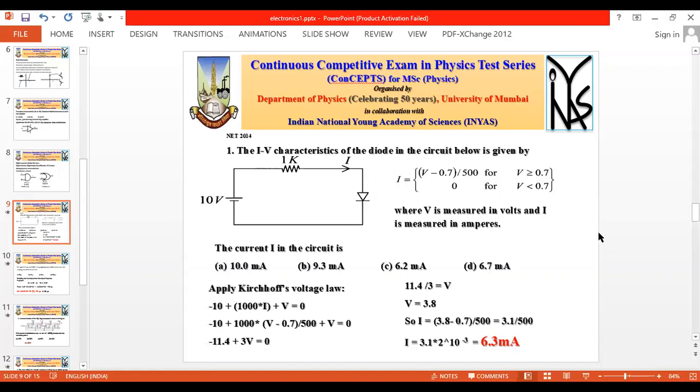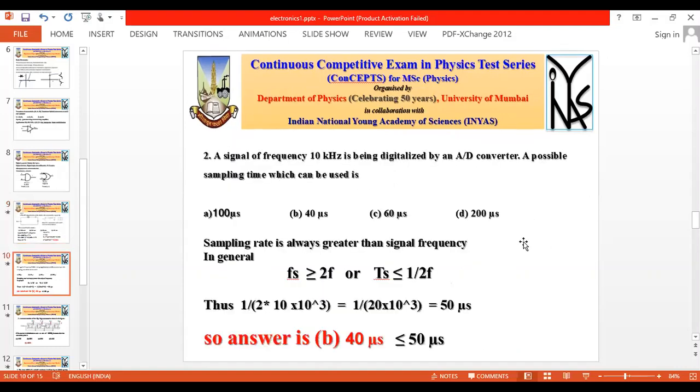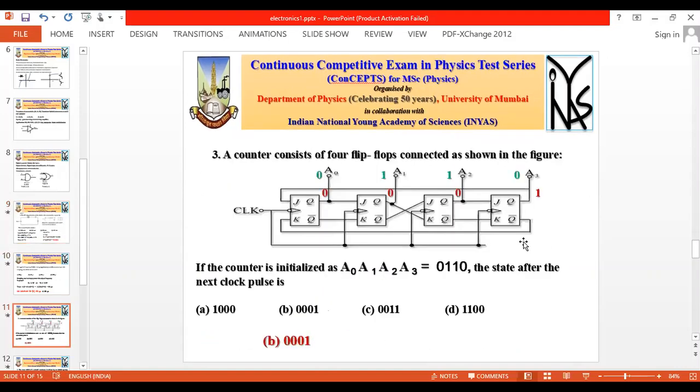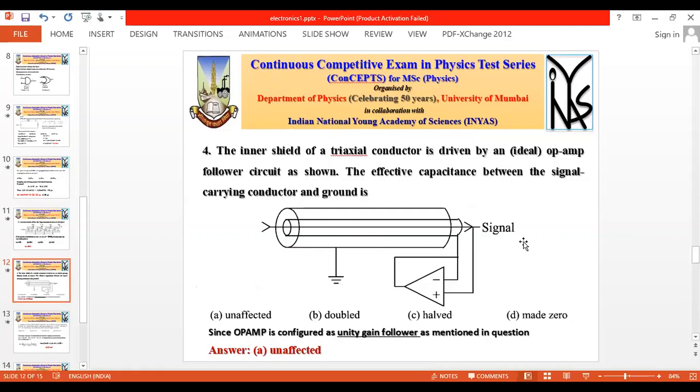Then there are actually many questions. Let me take one or two more questions. There is a question number 4. Maybe we can go to that slide. Yeah, for question number 4. It says, have we solved that problem of op-amp? Was not clear.